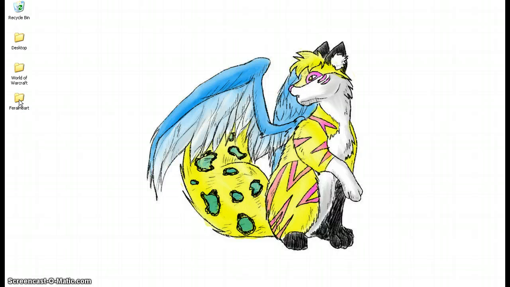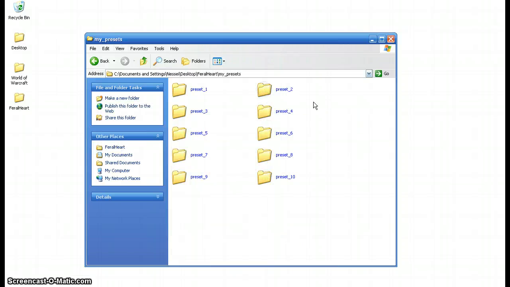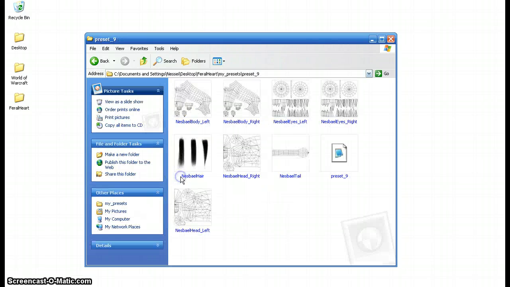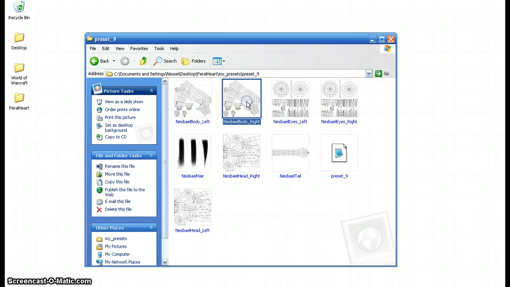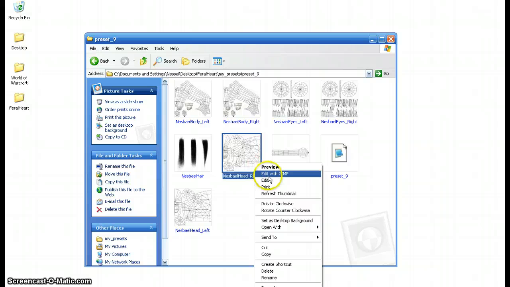First, go ahead and open up your FeralHeart folder. Go to My Presets, Preset 9, and I'm sure you remember from the first video, we've already renamed all of these PNG images. So, in this video, I'm just going to go through and explain to you, firstly, how to make a layer, and secondly, what the areas on the UV maps turn into when they're rendered in-game. So, I'm going to go ahead and start with head right,